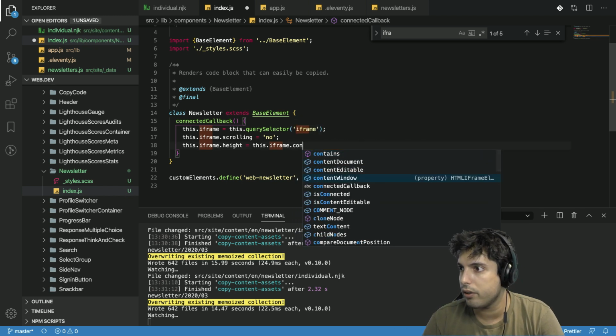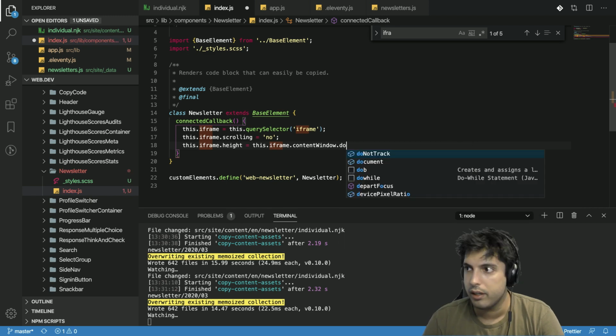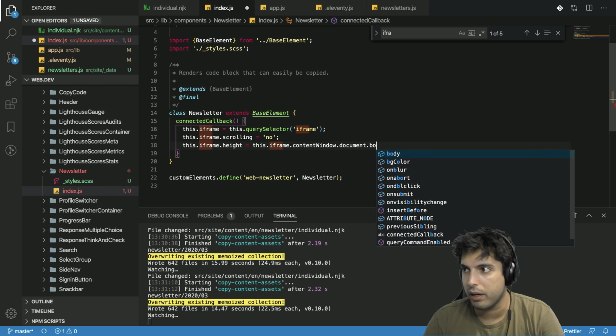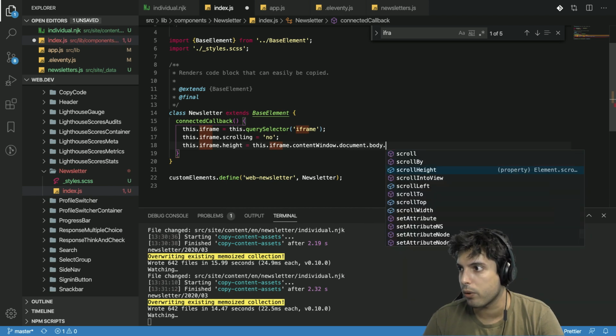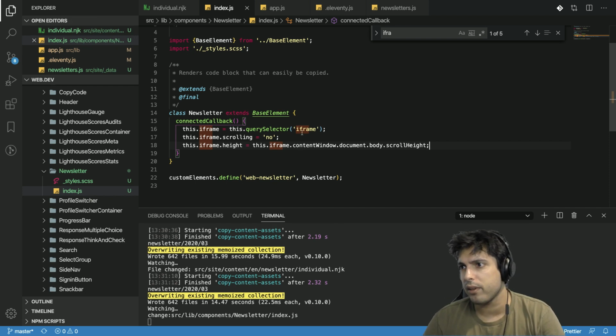So content window is going to give us the actual access to manipulate the content of the iframe. Window document body height. Okay, document body is going to be the content, and then scroll height is going to be the height of the scroll up and down. So if I save that,